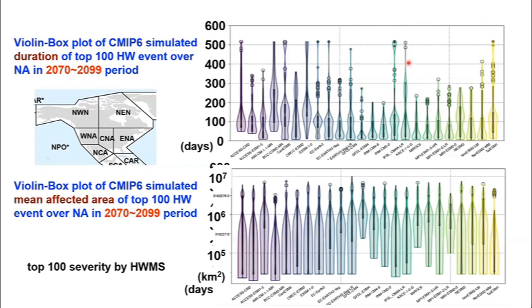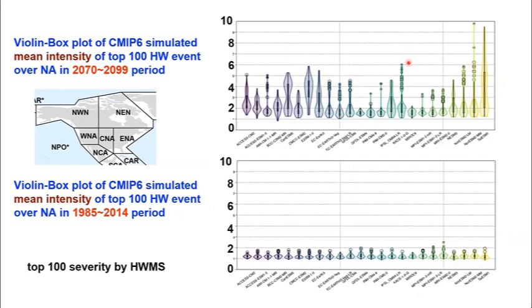And again, why is that? When you look at the area, you have an area reduction, but the time increases so much that even if you have a small region of a heat wave, because it lasts so long, in terms of the total effect, it can still be very large and put into the top 100. So here is a thing that we can try to figure out.